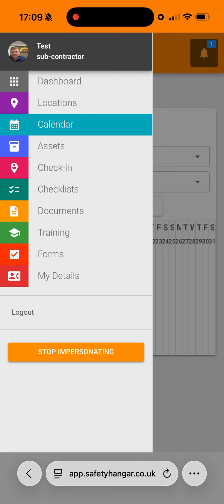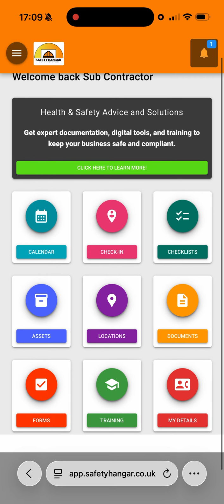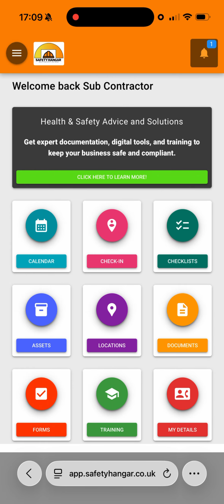If we head back to the dashboard, if you look at checklists, documents, forms and training, these are here so that once you select those tabs, you will go back in and see the documents, training, forms and checklists that you have completed in the past. This will now store all of that information, so if you need to go back and review anything, you can select those here. So what we'll do is we'll select documents,